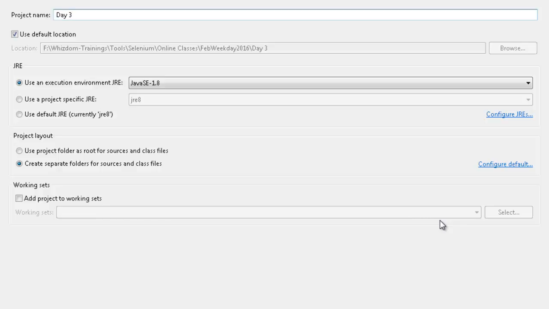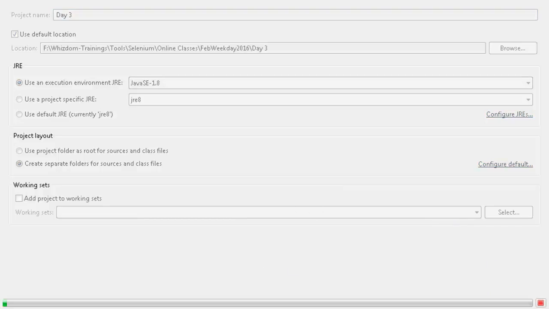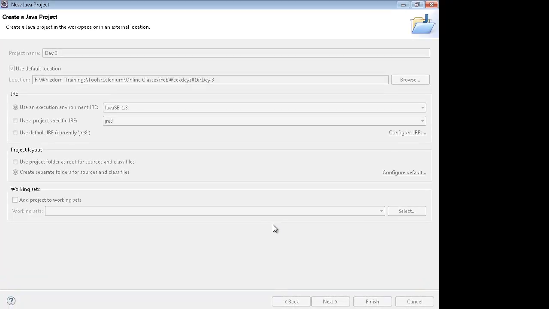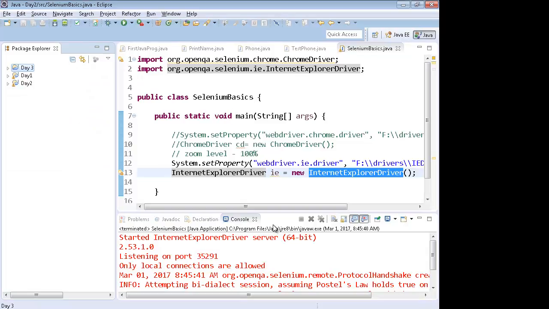Yes, I will give you the path for the Selenium 2.53 jars at the end of the training.